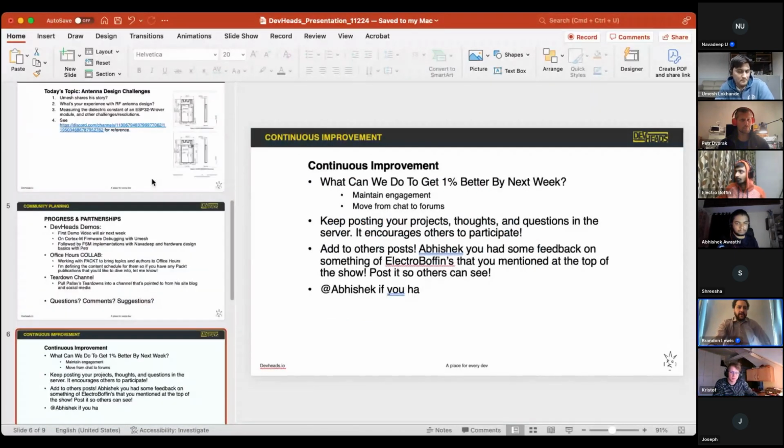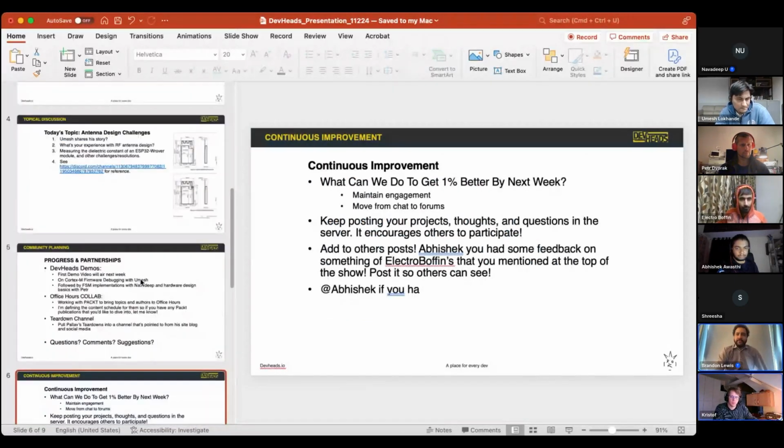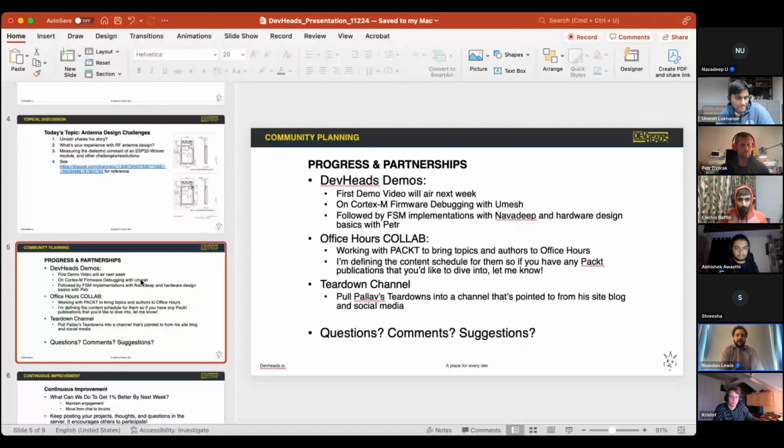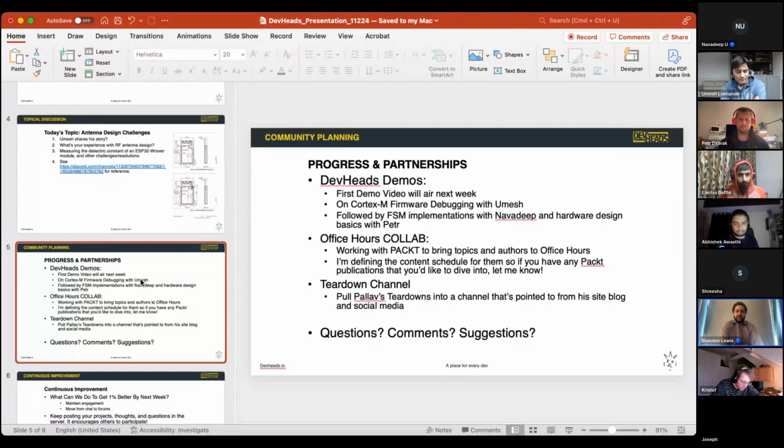It's my job to keep us on time, and I'm like the worst timekeeper ever. But progress on partnerships. I just want to let people know some things that are coming down the pike. We've been working on creating demos that help people solve specific challenges. I've done a couple with Umesh, one with Navadeep, and I've got one scheduled with Peter.